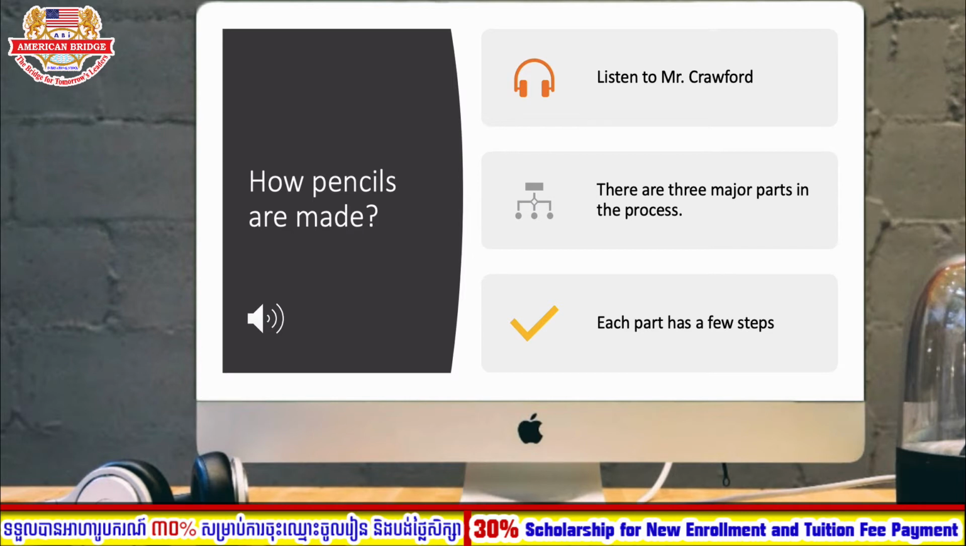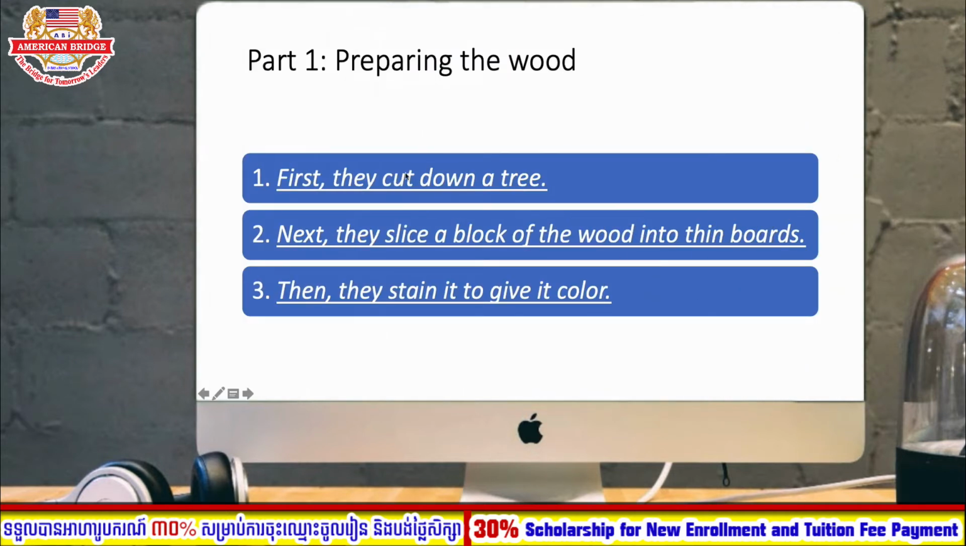Okay, everyone. So these are the conversations between Mr. Crawford, who is the man who specializes in pencil making, and a bunch of kids. So when you listen to this conversation, I hope you get the idea of the three major parts in the process of making a pencil and the detailed information about each part. So let's start with the first part, which is preparing the